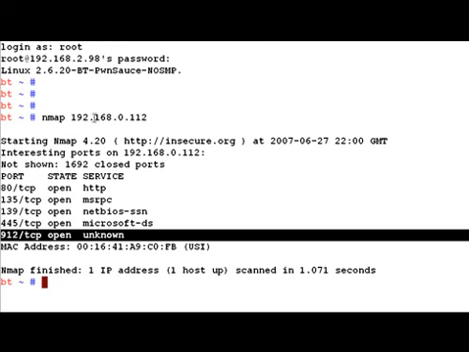So very simply, if you just give an IP address to Nmap, it's going to go ahead and try to enumerate some of the ports. Now the question is, does it try out all the ports between 1 and 65,535? The answer is no. It actually tries out most of the ports which are there in /etc/services and a couple more.